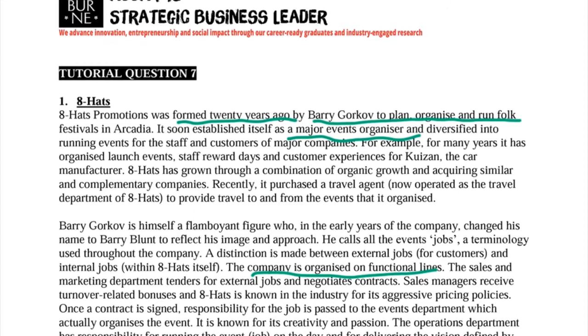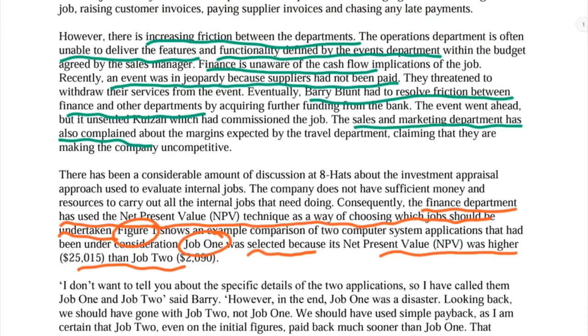Anyway, let's move on. For this paragraph here, this is the one I mentioned just now. Since the question mentioned functional structure and actually asks you to discuss matrix structure, that's why I can roughly guess that for sure the question will mention something happened, or that the current structure is very messy. That's why they will give you suggestions, or ask you for suggestions on